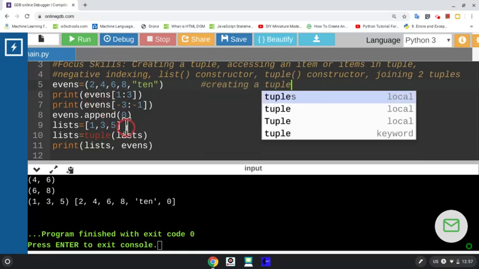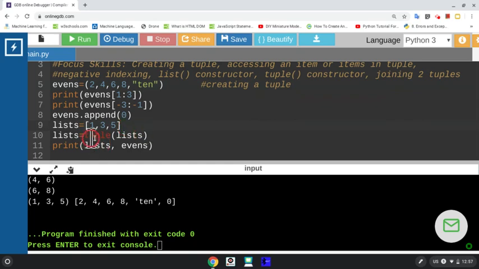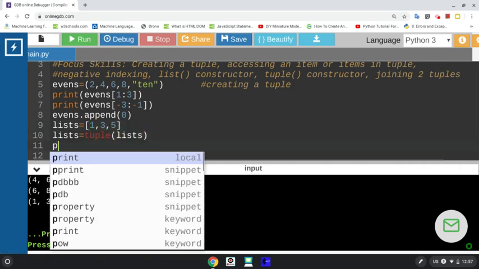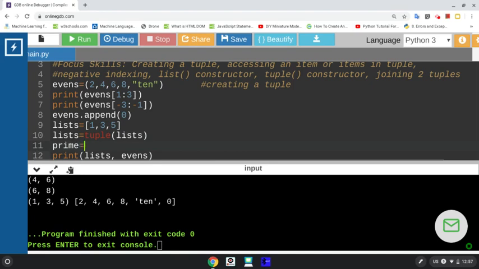There's one more thing that I want to tell you at this point. I've told you that we can use the tuple constructor to convert a list into a tuple. We can also use the tuple constructor to create a tuple. So for example, instead of defining, let's use another list, prime, and I'm defining all the prime numbers here. So I'm saying